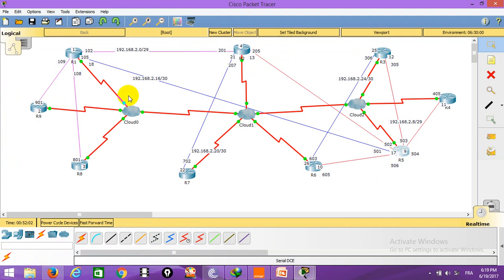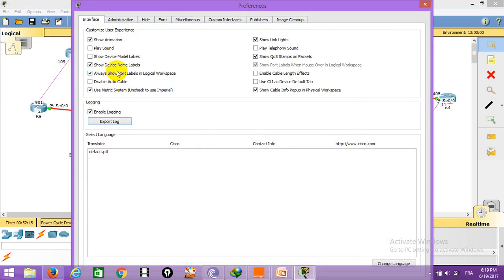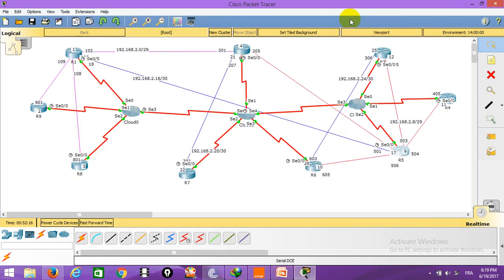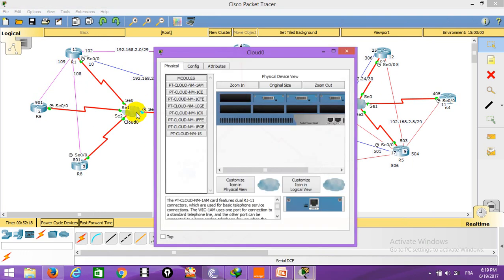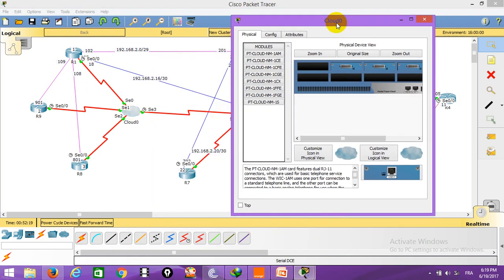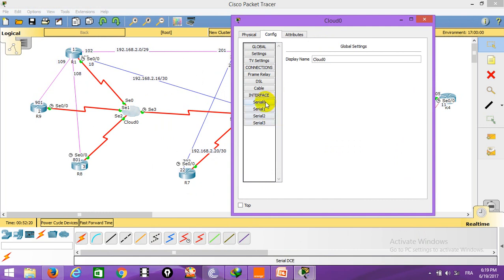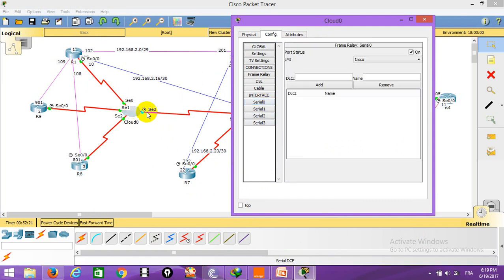Now the big deal is at the level of this cloud. Guys, people should watch this carefully, because if you make the slightest error, you are gone. So let me just come here, show port level, so it will be easy for us to identify which port we are assigning. So we go to our cloud. Watch this carefully. Now we go to our serial 0. This is serial 0. On serial 0, we have this DLCI